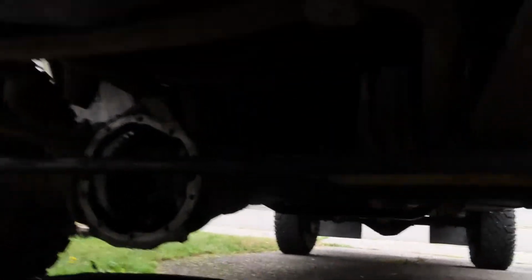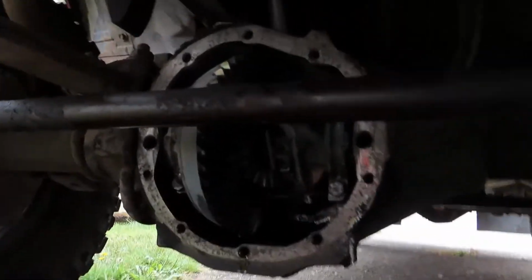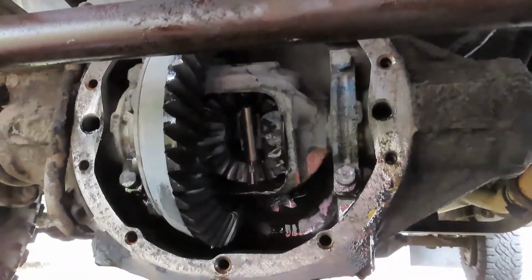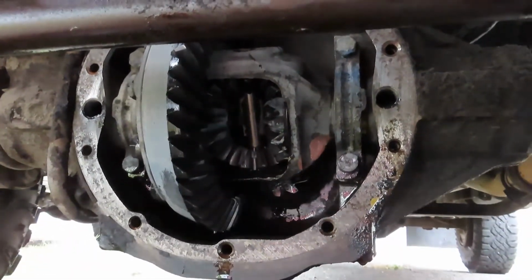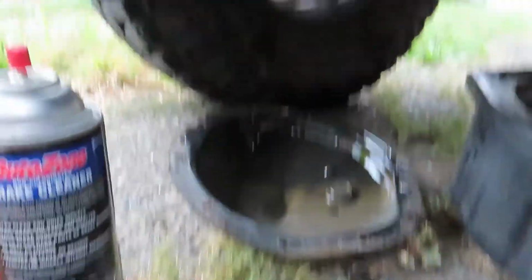Alright, well, this one's going to go a lot quicker because I don't need to clean it nearly as much, but I figure I'd pop you all down here and get a quick close up. I sprayed it with a lot of brake cleaner, so it's still kind of dripping and oozing, so I'm going to let that sit for a little while. Work on cleaning the cap,